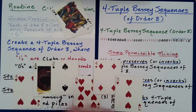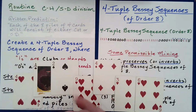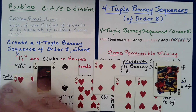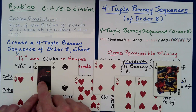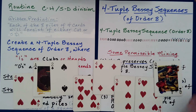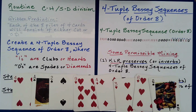1, 2, 3, 4. The remaining one. Another 1. And then the remaining 4 cards are, quote, a 0. So this is like a little packet of 4. So this is like a 1. Packet of 4, all of these are packets of 4, okay? So this is going to be like a 1, 0, 0, 1, 0, 1, 1, 0, just as indicated here, okay? So this is truly a four-tuple Bessey sequence of order